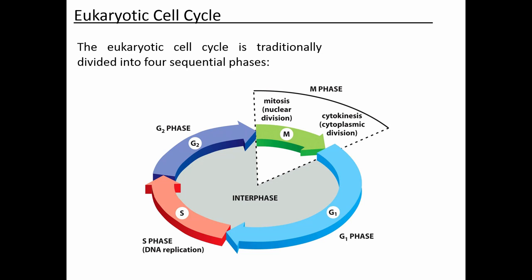If you remember back in the lab when you looked at the root tip cells, they asked you what phase you saw most frequently. The phase you should have seen most frequently was interphase. The reason is that cells spend most of their time in that phase. So it's most likely you're going to find a cell in that phase versus the other ones, because they spend more time in it.